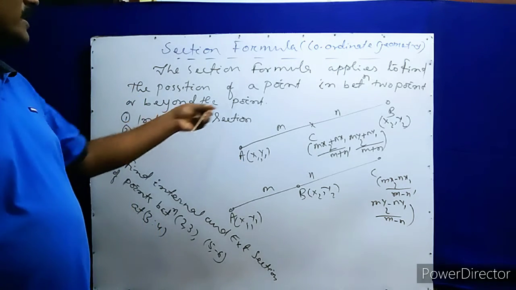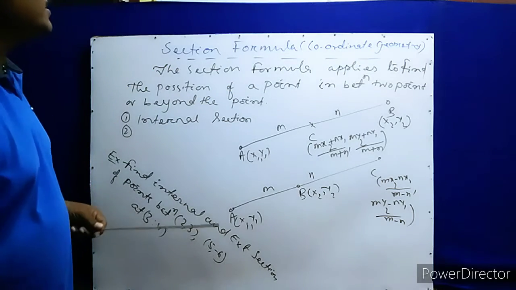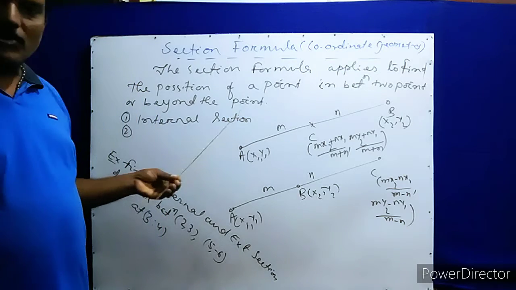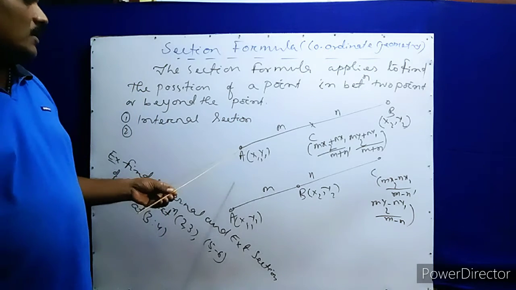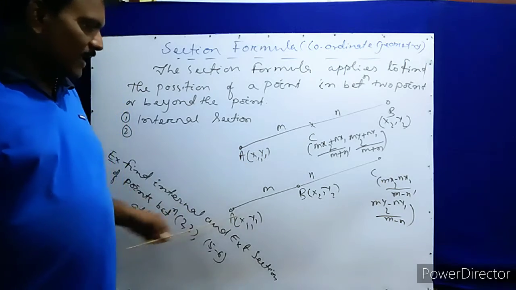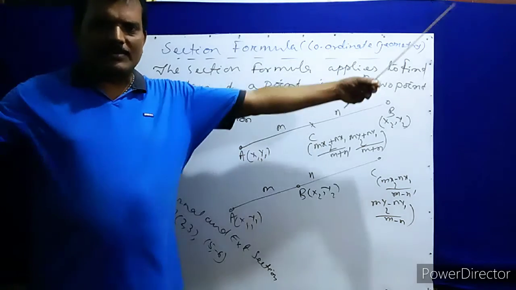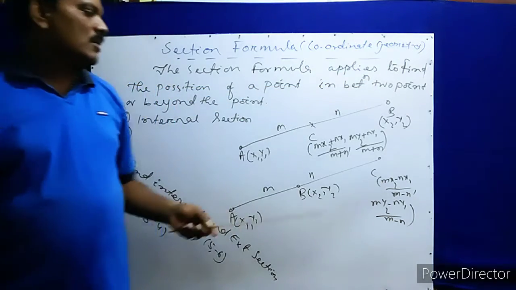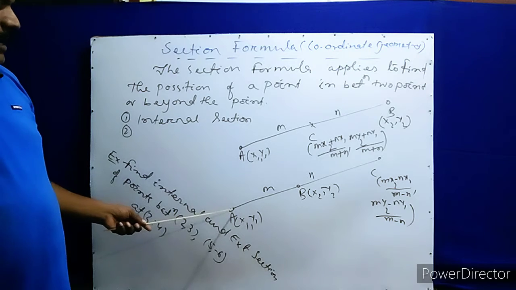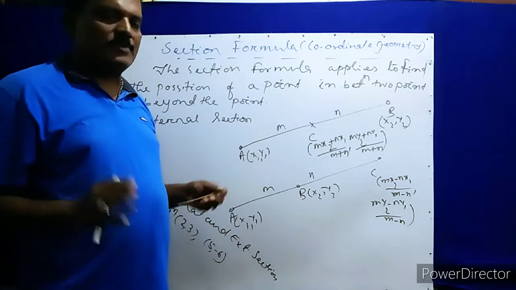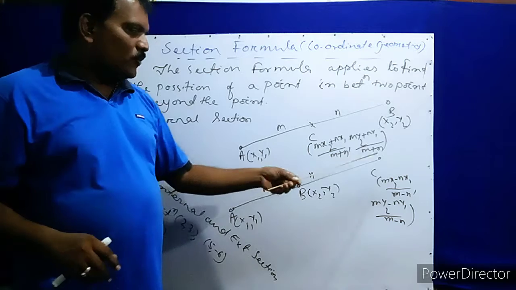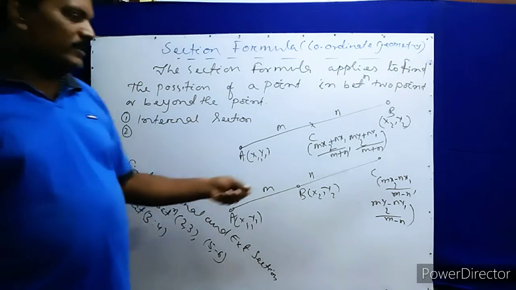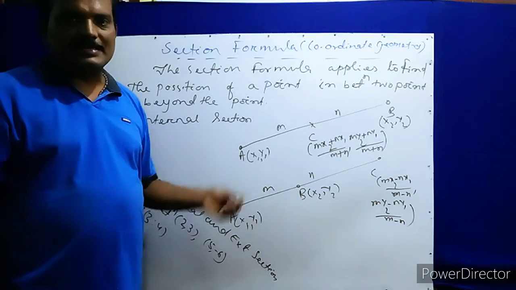Today I will discuss the section formula of coordinate geometry. So here it is, the section formula. What is the section formula? Section formula means finding an internal point or an external point. Internal point means in between the 2 points we have to find a point with a definite ratio. An external point means, suppose A and B are the 2 points given, we have to find a point outside, this side or this side, whatever that may be. This is known as the external section.